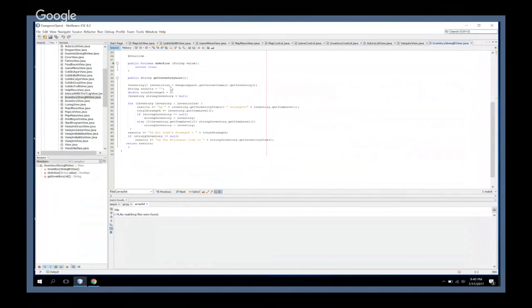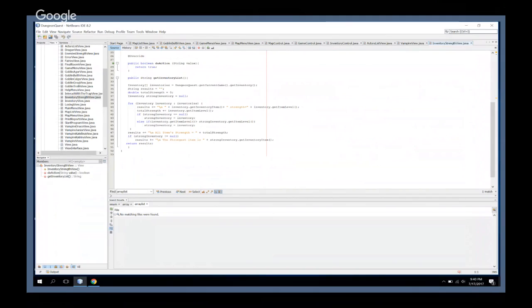I believe we use an array list here, which we're using for variables. An example of this would be with our inventories. We have multiple inventories. This code is to figure out what the greatest inventory strength is. I wanted to know which inventory item in this entire game is the strongest. And so we have an array list of all these inventory